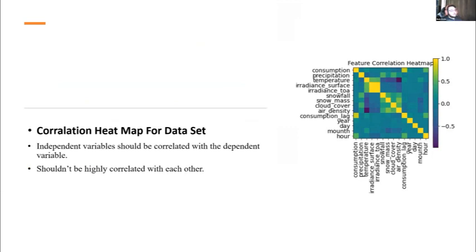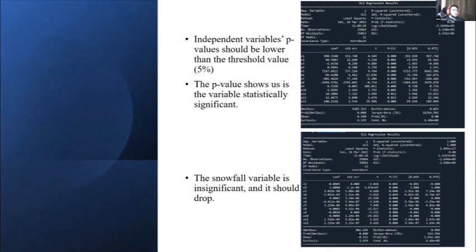These are my correlation heat map. Independent variables should be correlated with the dependent variable, but they shouldn't be highly correlated with each other because it causes noisy learning in the model. The forecast is regression, so I have to look at regression statistics before applying machine learning or an artificial neural network. OLS regression is an easy way in Python for that.